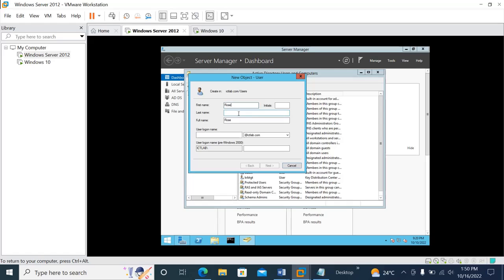You can give their first name and last name, you can give their initials, and the new employee's username will be rose@ictlab.com and user login name will be ictlab/rose, and you can click next, and the password that you want to give,